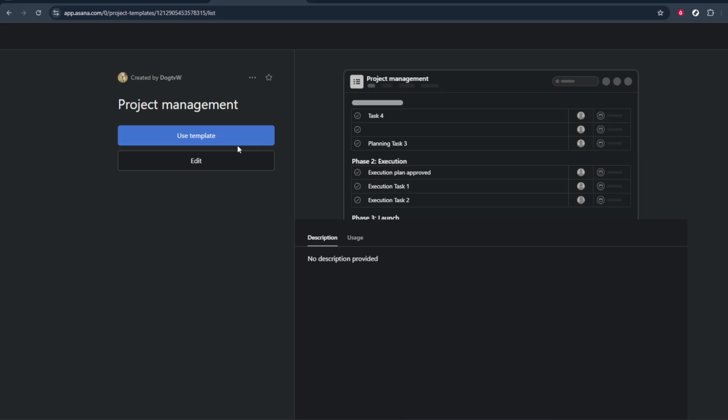After you confirm and save, Asana will store this project as a reusable template. The next time you create a new project, you'll be able to choose this template as your starting point, instantly copying the structure you just saved. And that's all there is to it. Open your project, click the small arrow